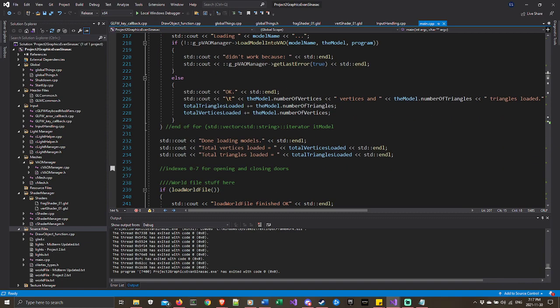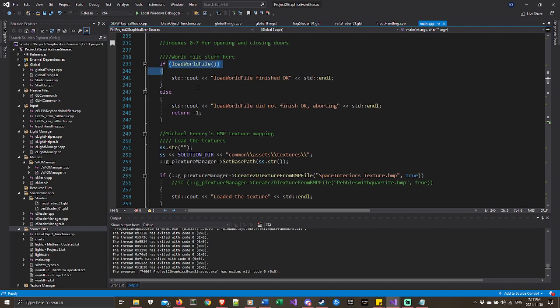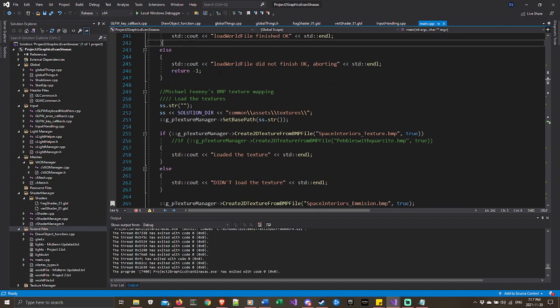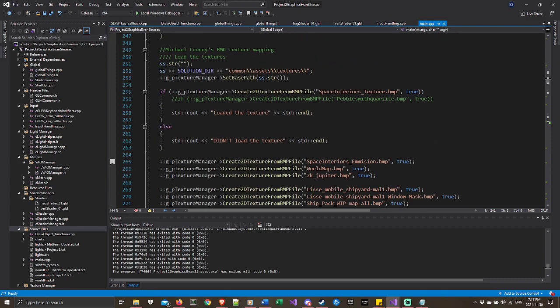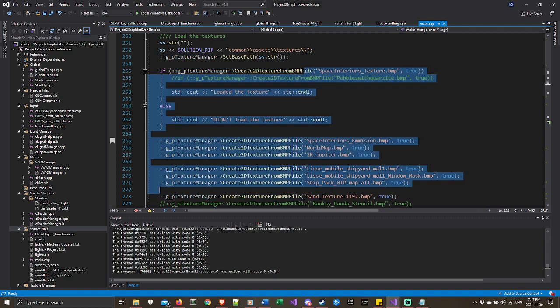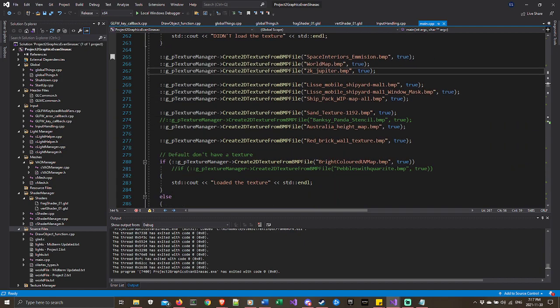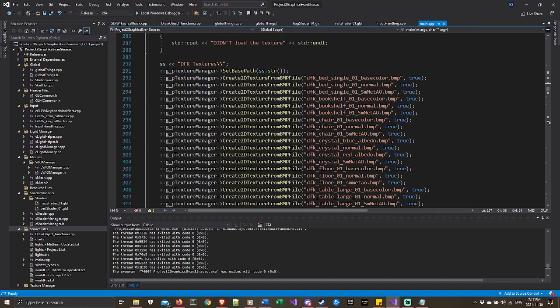Then we just print out how many vertices and triangles get loaded. Then the load world file, which goes through the world file.txt and places all the meshes and everything with their respective textures. I kind of realized about an hour ago that I probably should have set up a text file or something to load whatever textures, but I'm just loading every texture that I have or that I could use,